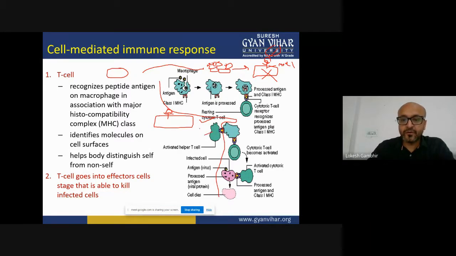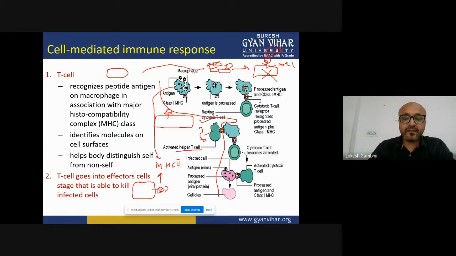But what about this? This is the helper cell, TH cell. Now, how is the TH cell getting activated? We had already made a very clear-cut understanding. Whenever antigen presenting cells will be presenting the antigen with MHC class 2, so there will be, say, macrophages, B cells or dendritic cells that have presented the antigen with the MHC class 2,